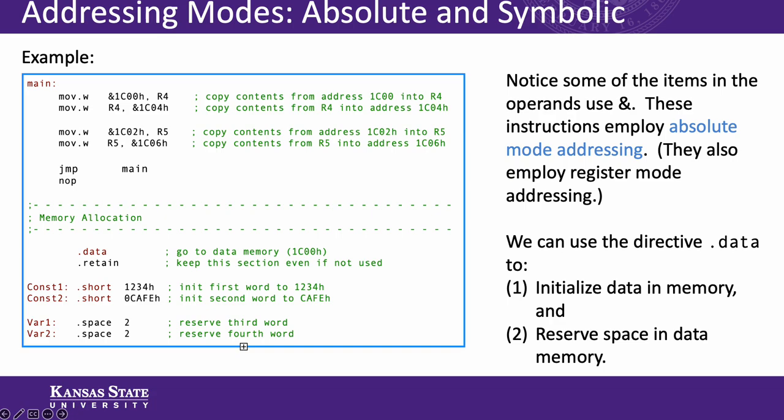And then there's the .retain directive, and if you remember from a previous lesson, that's really keeping the optimizer from getting rid of our code. We're not doing anything groundbreaking here, and we don't want the optimizer to say, hey, you're doing something too simple, let's get rid of this and that. So we just want to retain all of this. You'll also see a .short there. That's just specifying a 2-byte